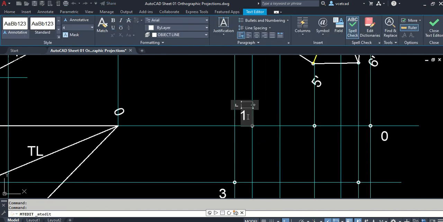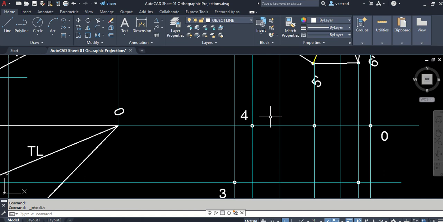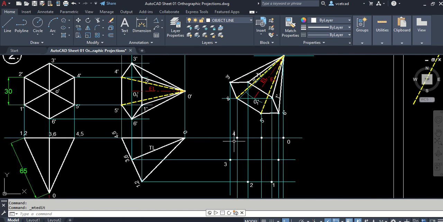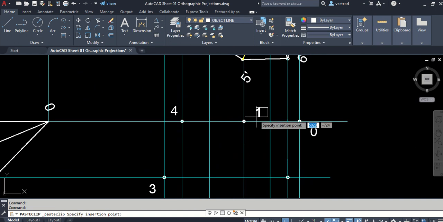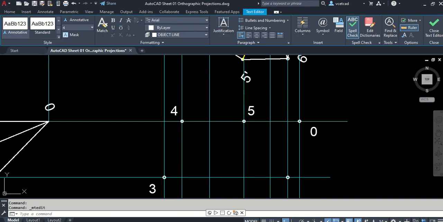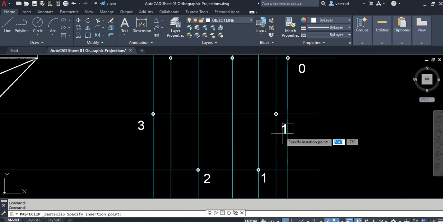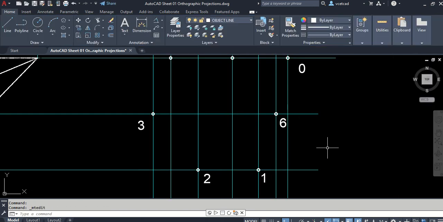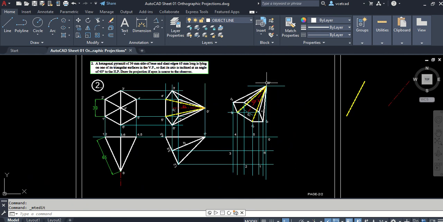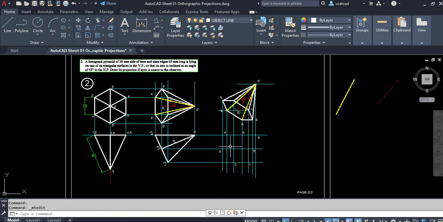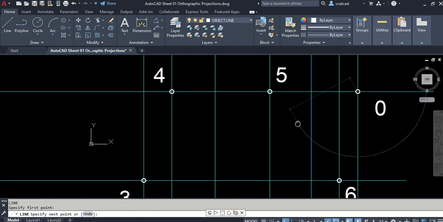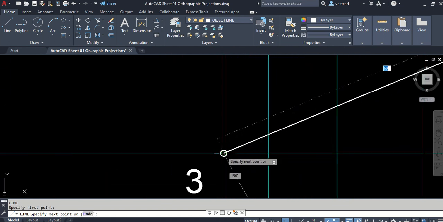Okay, this is my point 4. You have to follow the projection line. See, 4 vertical and 4 horizontal, there you will get the point 4. Similarly 5 vertical, 5 horizontal, wherever the point intersect, that will be my point 5. 6 vertical, 6 horizontal, you will get point 6. Okay, so after getting all the points, first O dash to 3 dash is vertical, means O to 3 will be seen as a dark line.